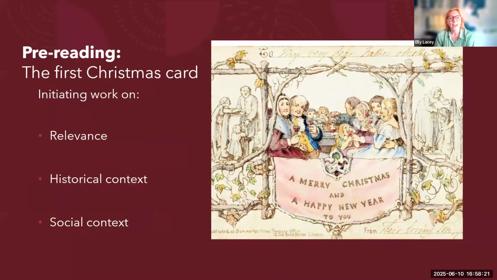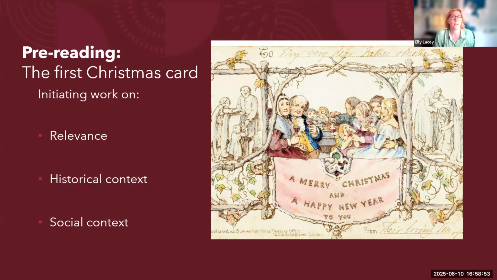Here it is. And what we mean by pick and mix planning is, as Lucy said, that you can use it at different points of your planning of their learning journey, but equally fantastic ideas for cover, which I always know is very important practically for teachers, very busy teachers, particularly during the autumn term, and it all goes a bit insane. So this is an example of a pre-reading activity, and it's based on the first Christmas card, which